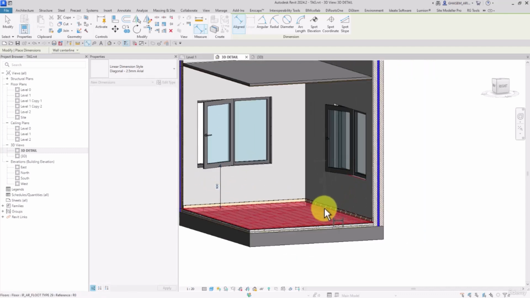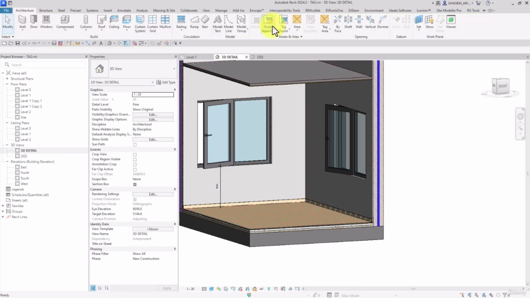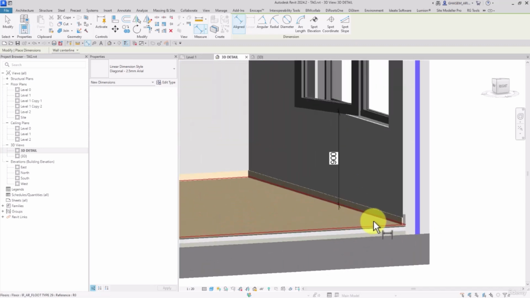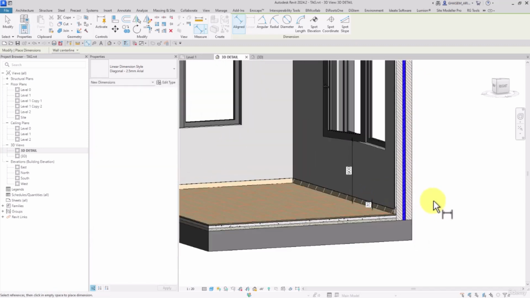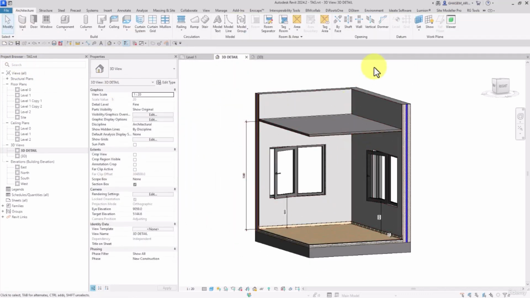For the other window, like this way. And if I want to work on another wall, I should set the work plane on the wall face and then we move on. Like this way. Check it out. This is the result. Great. Like this way. So before adding the dimensions, you have to set